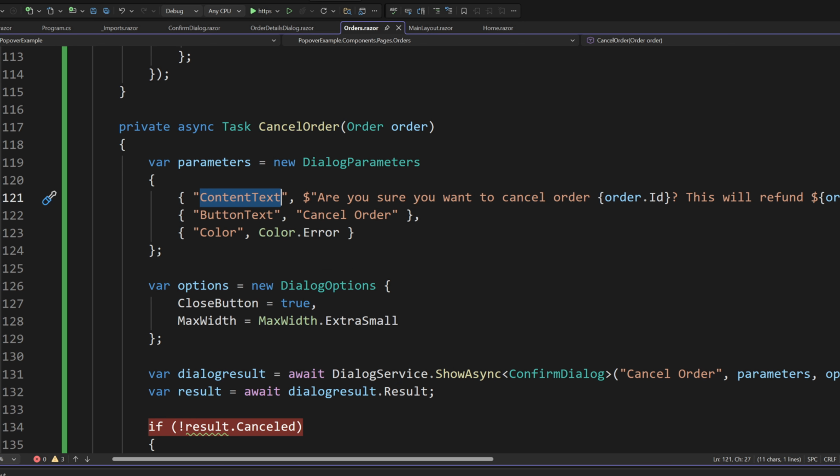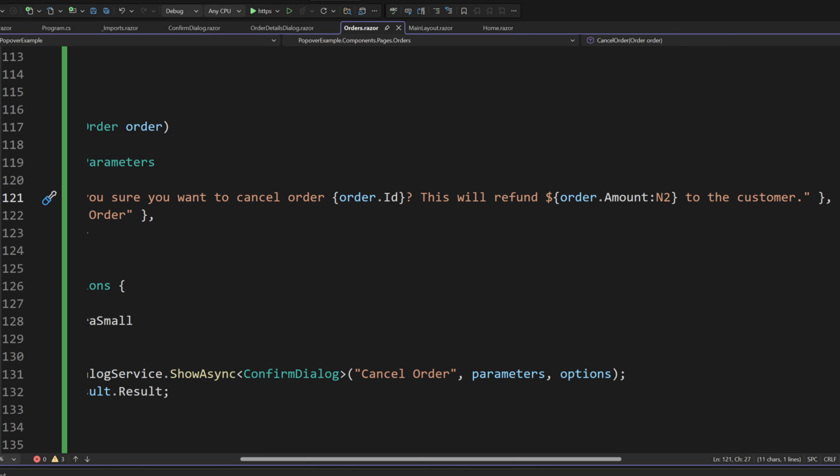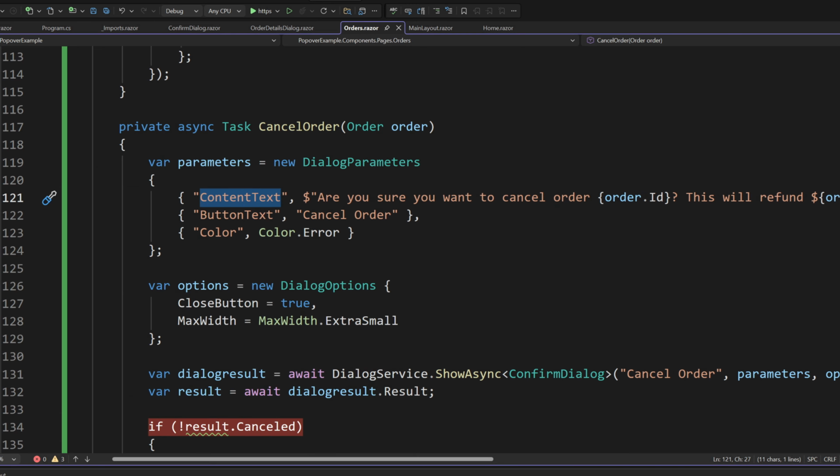The property name, then whatever value you want to insert. And as you can see, in this case, we're putting in some text. Do you want to cancel this order and all that? Just a little example here. But you can pass anything you want. And the color in this case, we are putting as error for the cancellation button, because we want a red